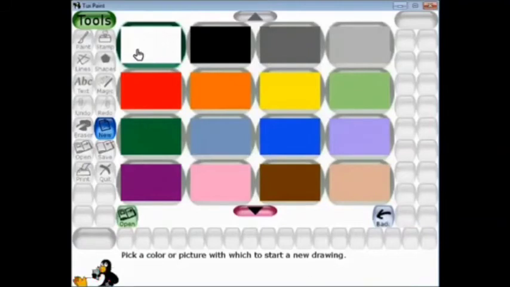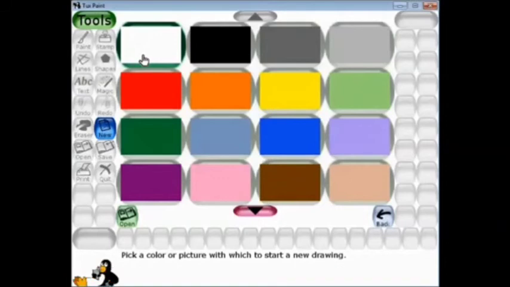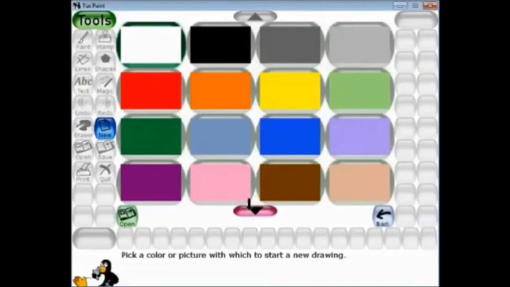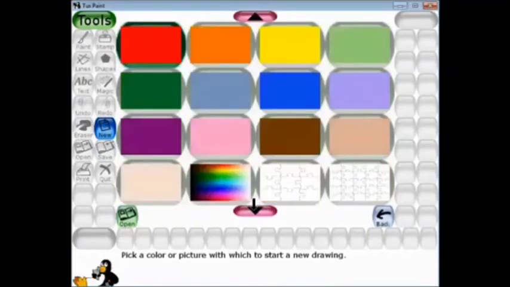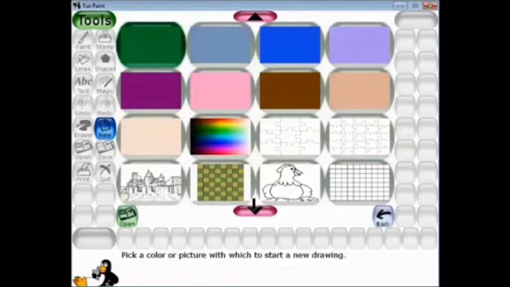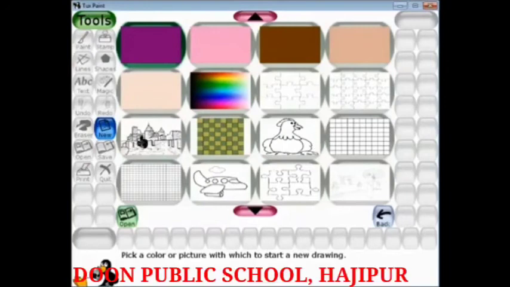Generally, we use the white sheet for making the drawing. But if you want a colored background, you can select any of these colored sheets. Use this down arrow to go down and explore more options. You can see there are many types of drawing sheets. These are already pre-printed drawing sheets.